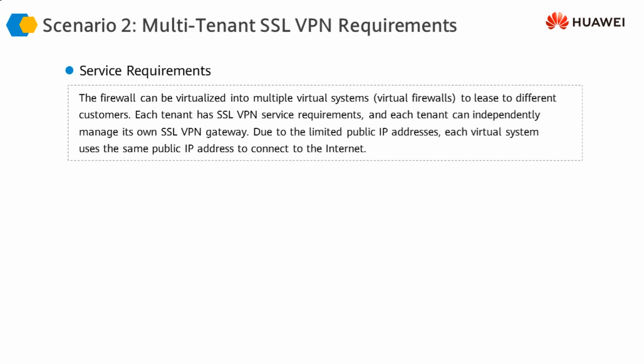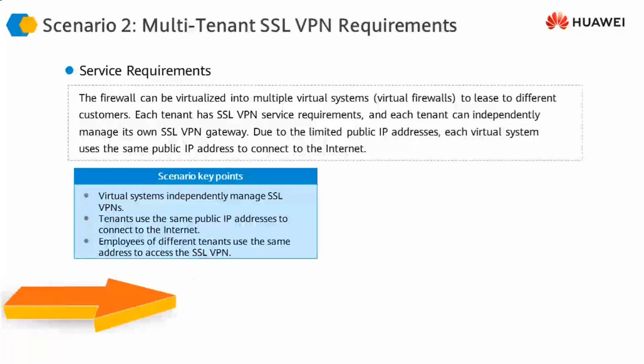Similarly, we can also have a multi-tenant SSL VPN scenario. In a multi-tenant SSL VPN scenario, different users are going to be using the shared IP address of the firewall, and using that shared IP address, they can access their specific firewalls or the specific gateways within that physical firewall. This is a concept where we are configuring multiple virtual firewalls, and you'll look at this concept in detail in one of the next videos, which is related to creating virtual firewall contexts, and there you'll understand it better.